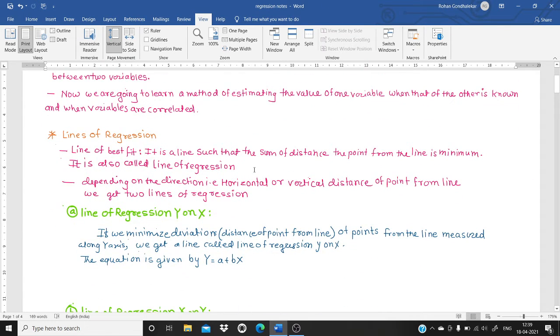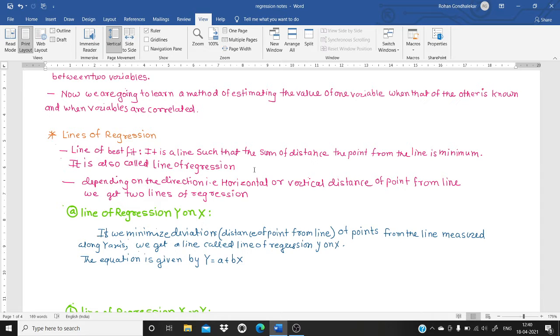Of course, if the relation between the two variables is linear, we get lines. So in this chapter, we are going to study the lines of regression. I'm purposefully saying the lines of regression, I'm not using the line, I'm using the lines. So there is more than one line, of course. Now, before we proceed, what is the line of regression or lines of regression? I must discuss the concept of line of best fit.